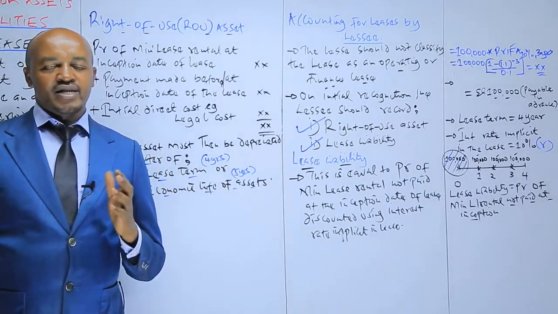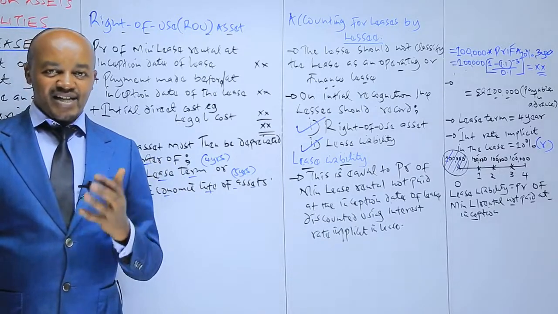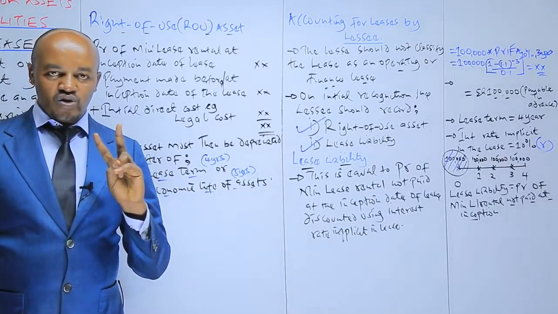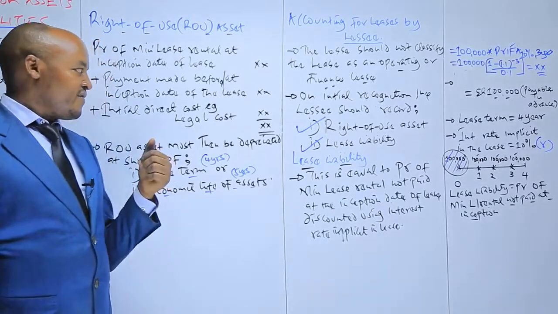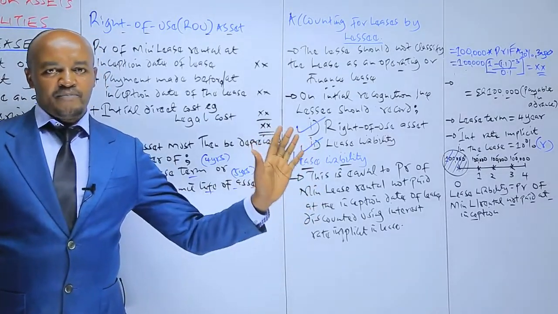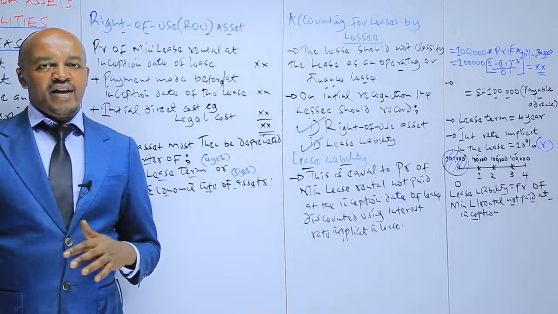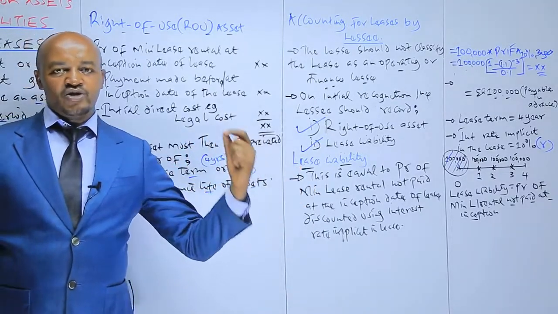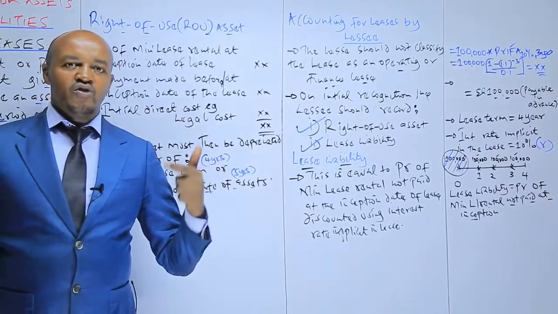This standard requires that at the inception date of the lease, once an entity, or basically a company, leases an asset from the owner, that company should recognize two items in the books of account. One is what we refer to as the lease liability, which you have said is equal to the present value of the minimum lease rentals not paid at the inception date of the lease. And then we have said that that lease liability should be amortized over the lease term. And 2, the lessee should recognize something called what? The right of use